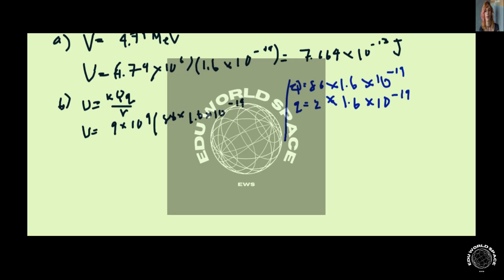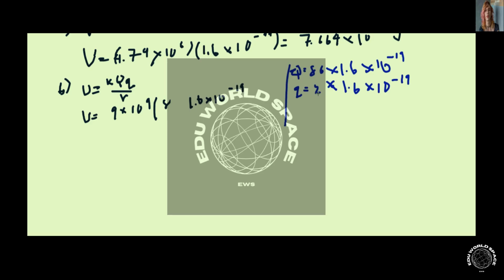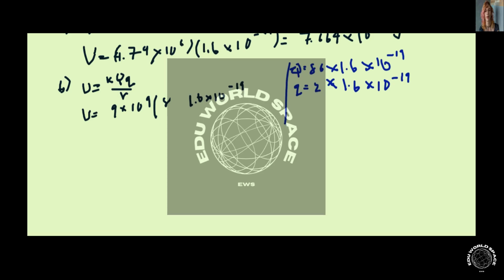Since both charges have 1.6 times 10 to the negative 19, we can factor that out and add the proton values. So it's 86 protons plus 2 from the small charge, times Coulomb's constant over the radius, which is